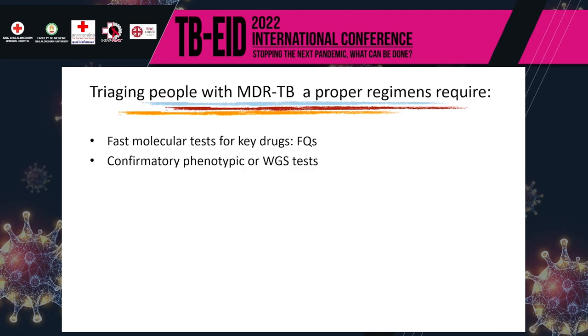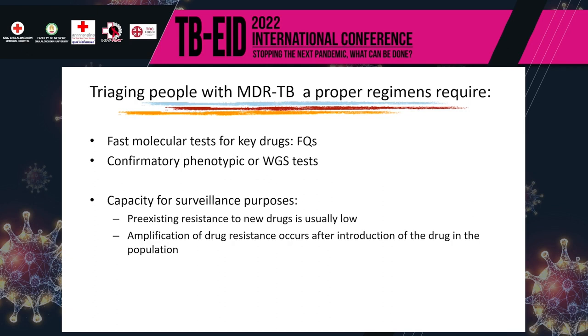We need to have available confirmatory phenotypic tests or appropriate sequencing tests, such as those based on next generation sequencing, targeted sequencing, or WGS. And we also need to have capacity for surveillance for all the new drugs that are used for the regimen. Because although we know that pre-existing resistance to new drugs in the population is usually low,